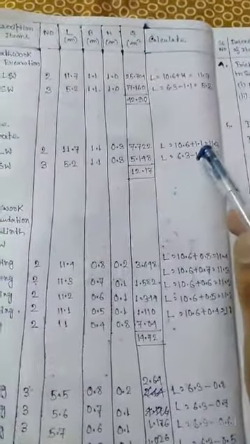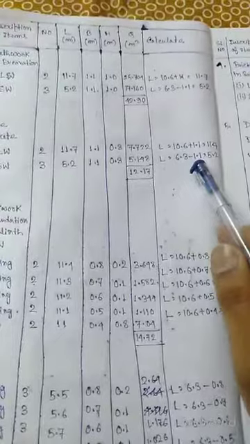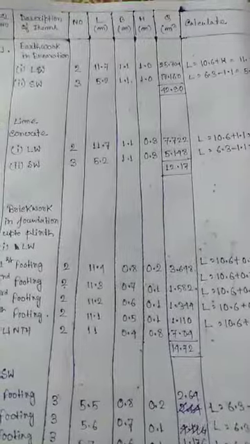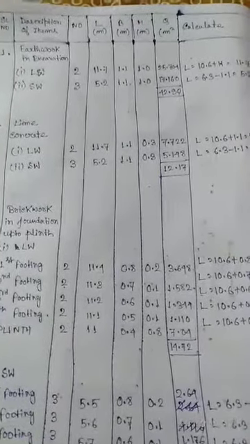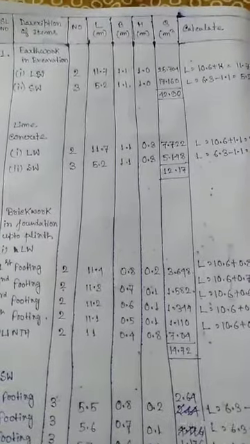Here you are applying the same concept. For long wall you have to add, and for short wall you have to subtract the breadth or width. So here the second thing, lime concrete, is done. And the next one is we have to calculate the brickwork in the foundation up to the plinth level and brickwork for the superstructure. So now we are going to calculate the brickwork up to the plinth level.